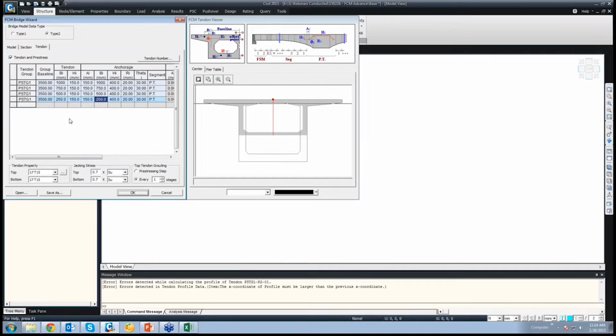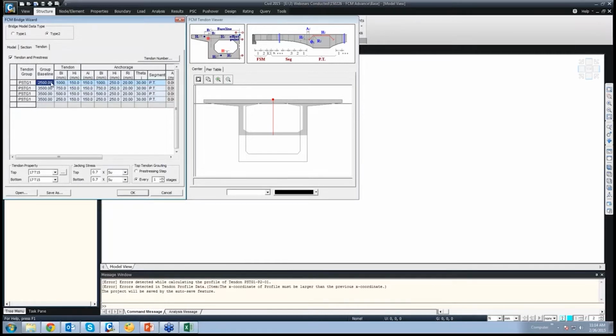Tendon profile data. I'm changing the baseline dimension.